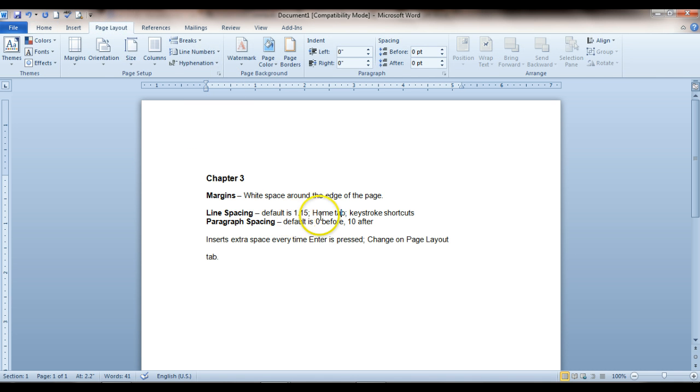And the default, even though you can't see it here, is 0 points before and 10 points after. I have already changed my paragraph spacing to be 0 and 0. Okay, if I click down here in this last paragraph, you can see that before it is 0 and after it's 10 points. So what that means is before the paragraph, there is no extra space, and the reason you see space here is because I have it on double spaced,